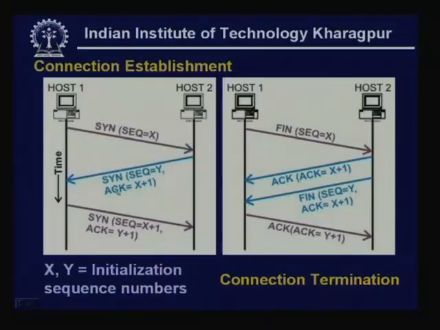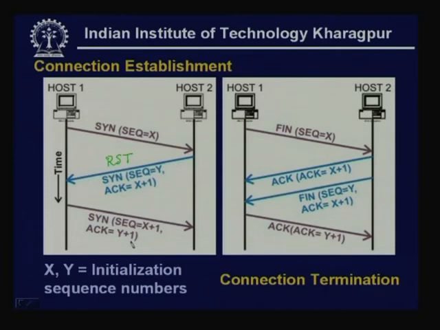In such a case, instead of a SYN datagram, the RST flag bit is set and an RST packet is sent from host 2 to host 1, which means the connection cannot be established. However, when host 2 is ready for establishing a connection, then this particular frame, this packet, is sent